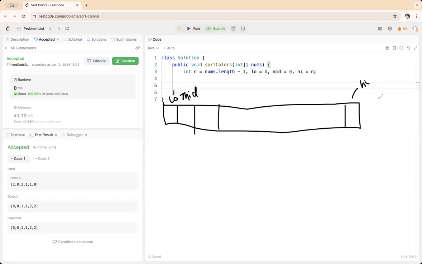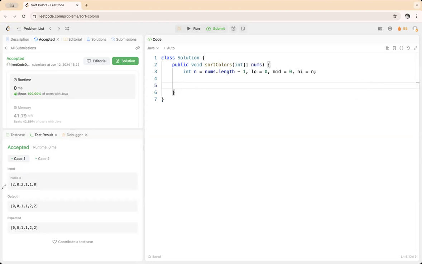Since we are traversing this array through the mid pointer, mid has to go from 0, that is the position equal to low, and then it has to go till the position high. In order to do that, we have to run a loop that goes through all the elements of this array. That while loop has to run like this. While mid